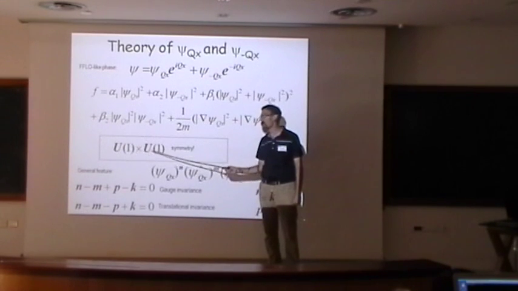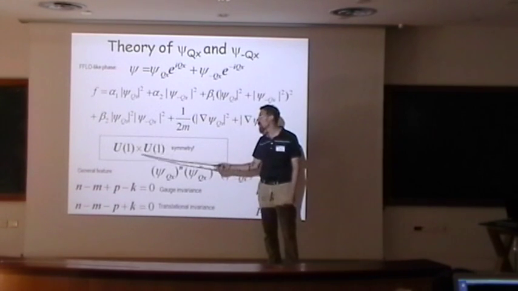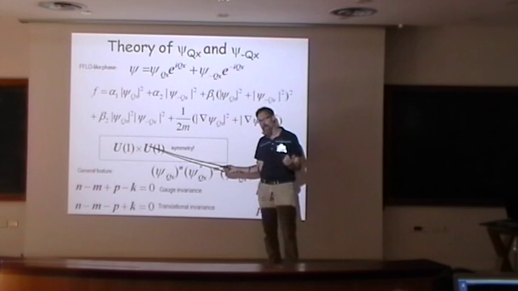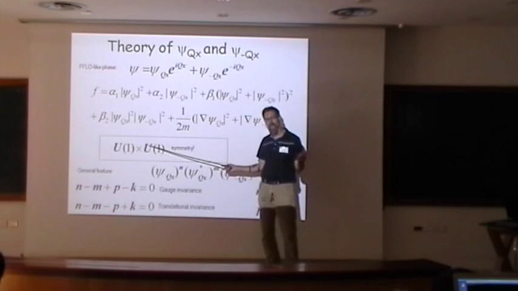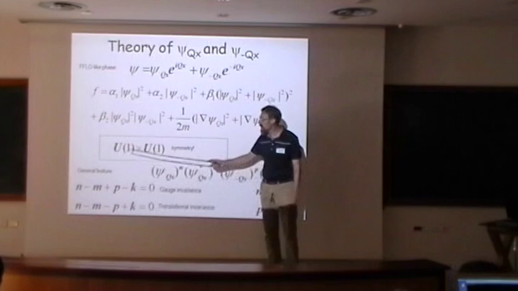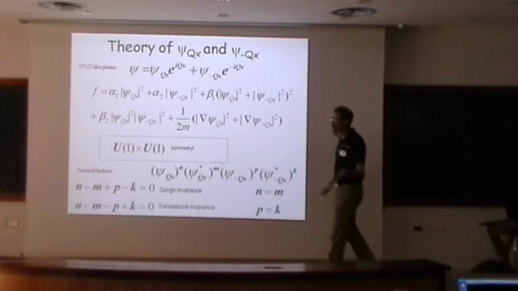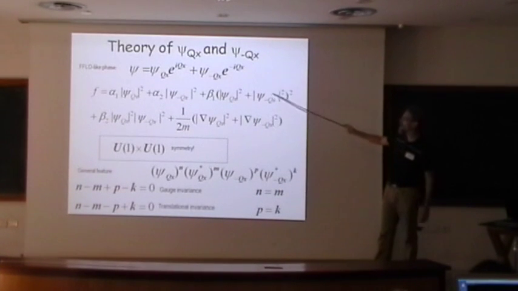And that's very important for vortices because if you remember, the usual Ginzburg-Landau free energy has just a U1 symmetry, and that U1 symmetry is what gives rise to vortices. Here we have a U1 cross U1 symmetry. I'll make the comment that in the case of multiband superconductors, people have looked at theories with U1 cross U1 symmetry, but there you never truly have it.